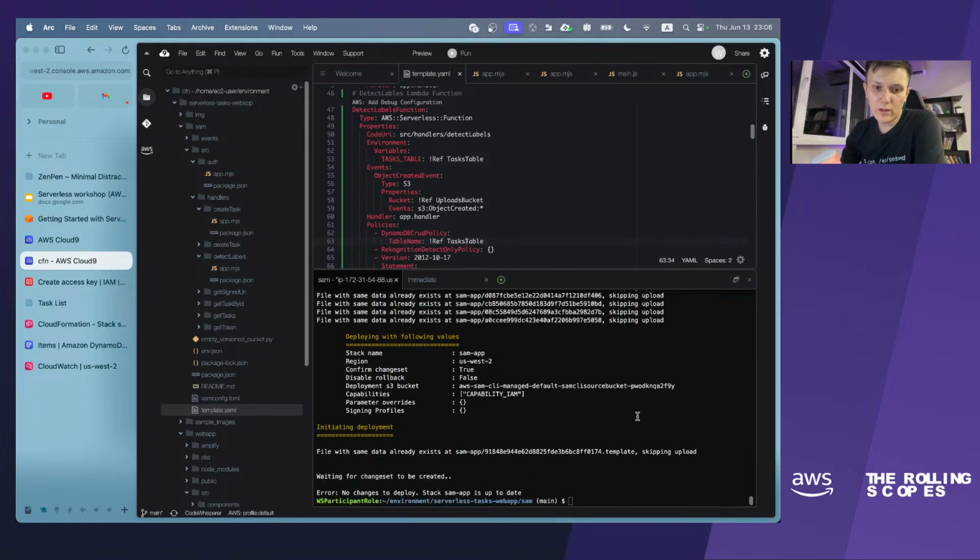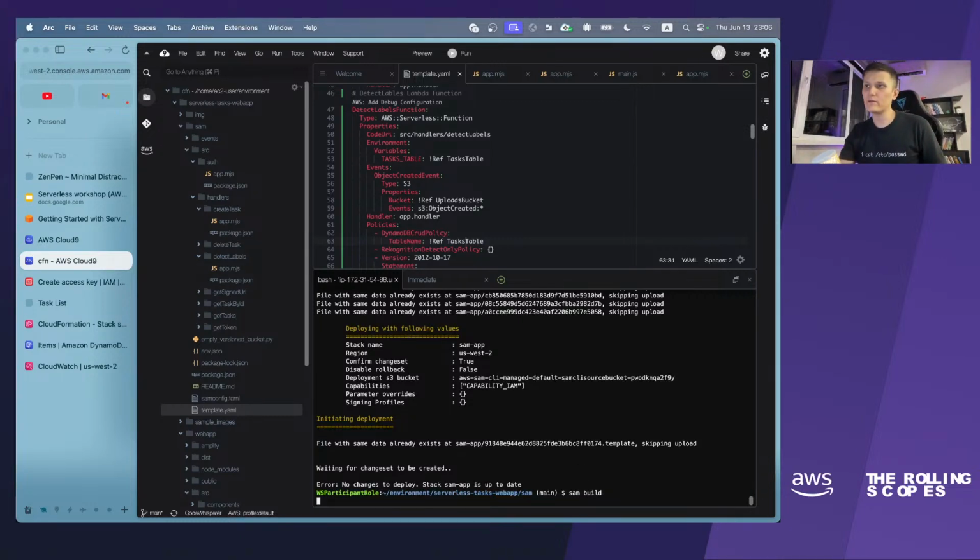So we will go only to... stack is up to date. Maybe we have to build first. We definitely have to build.